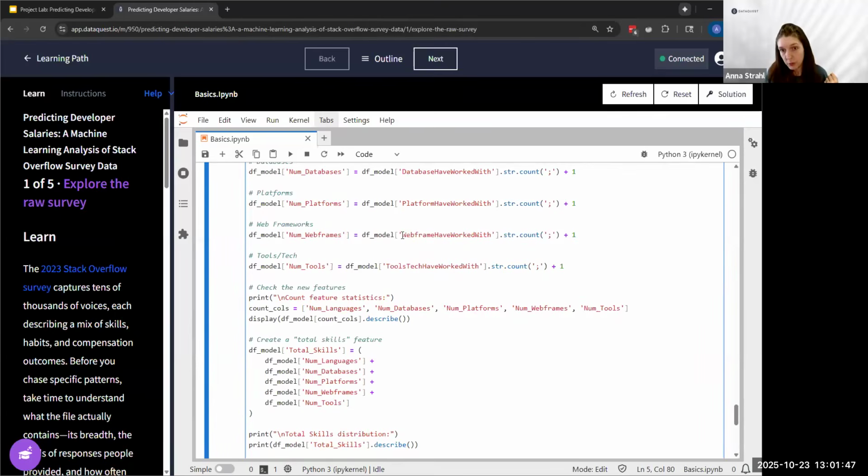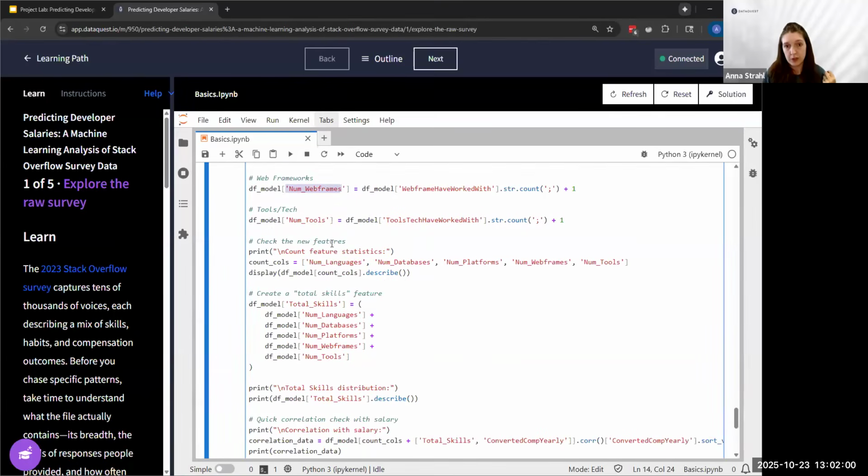So we're doing that for every one of our have worked with columns and creating a new column for it. So instead of web frame have worked with, now we're going to have a new column called the number of web frames that they've worked with. And we are also going to do a total number of skills that adds all of the individual numbers together.